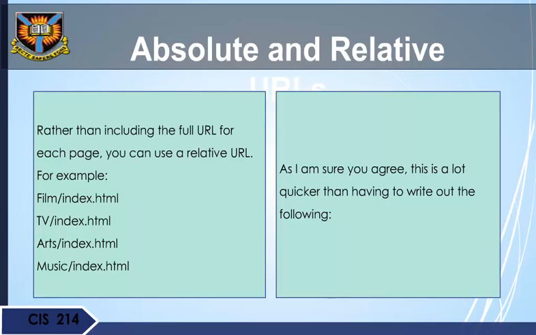For example, film/index.html, tv/index.html, art/index.html, music/index.html. As I am sure you agree, this is a lot quicker than having to write out the following: